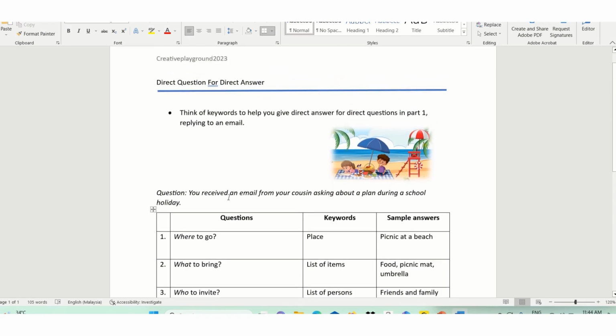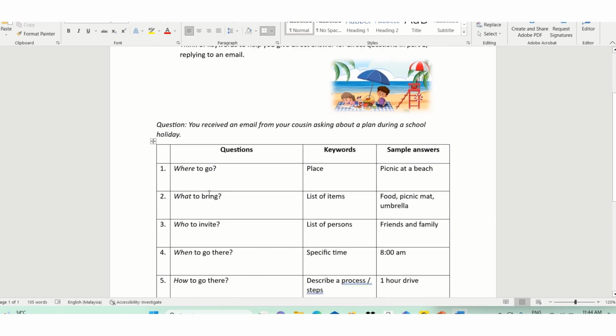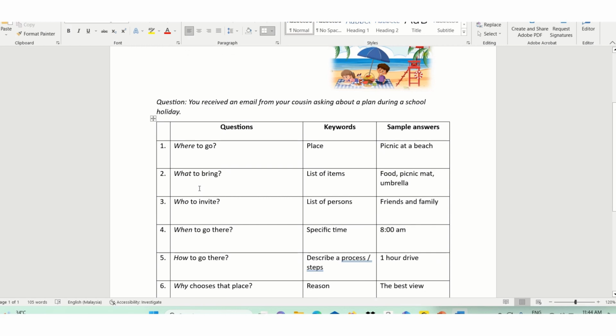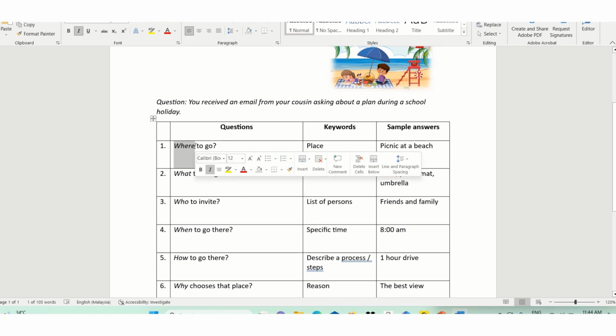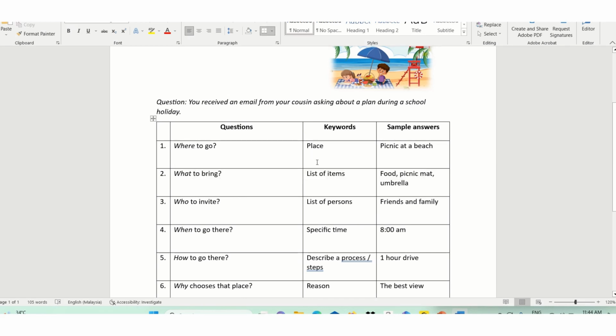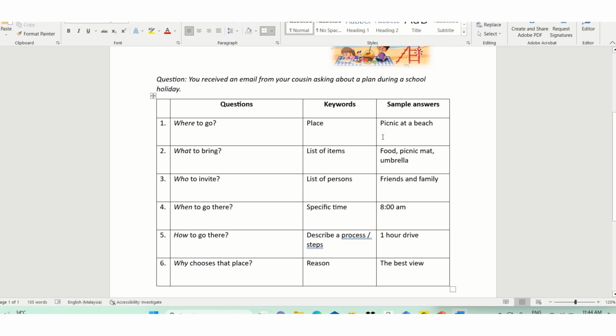All right, so this is just one way, I think, to explain to the students what direct answers mean, right? So let them pay attention to the WH questions and then make sure they know what the question wants them to answer, and also give them sample answers so that they will have some ideas on how to answer those questions. Because I think some students, even good students, are so afraid to, or they think too long to come up with answers like this,